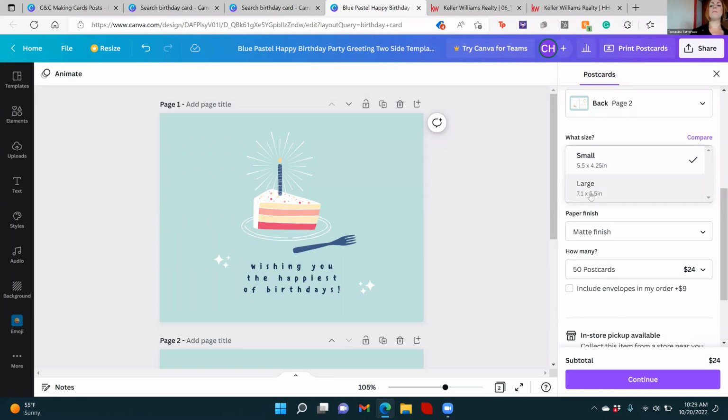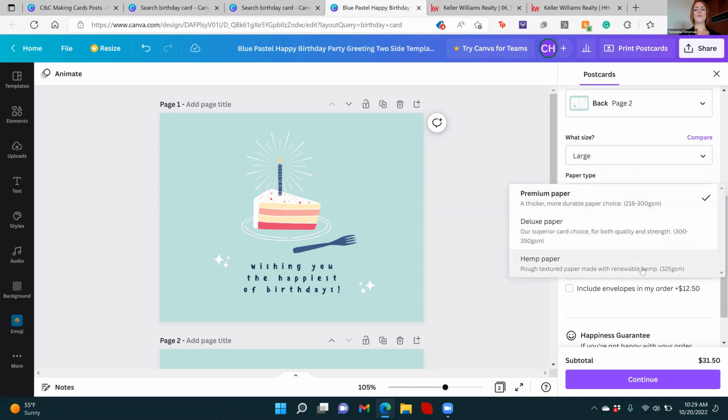A lot of times people recommend doing the larger size because those don't get lost when they're shuffling through the mails quickly. So I'm going to click it. It is more expensive, so pick what's in your budget, but the large do typically not get lost when you're handling the mail as easily. And then it has your options for